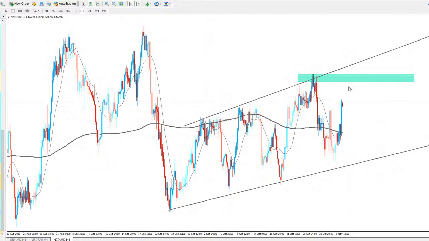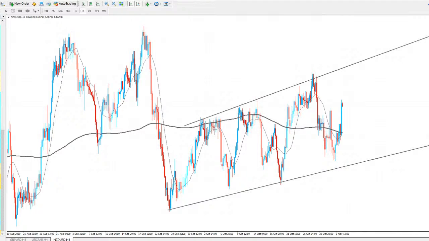Could we look at some shorts, or maybe go and test the trend line again for a third time, and then look for some shorts there for the USD. But for me, again, no real trade. We're kind of in the middle of this channel. So I'm going to be waiting for price to either come to the highs and give us a test of the upper trend line, or maybe a test of the previous resistance for me to get in the market here. But as of yet, there's no real opportunity for us for NZD USD.